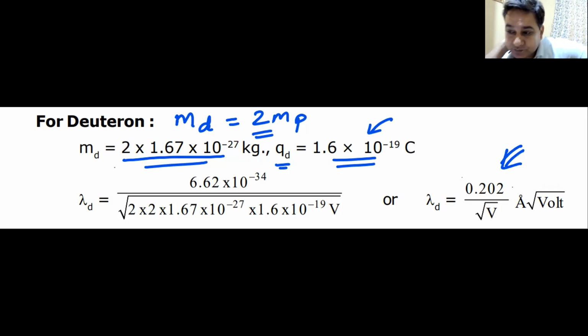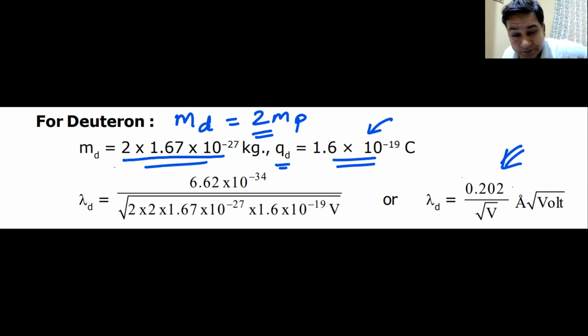Have you written this? Have you noted down the important thing? Mass of the deuteron is 2 times the mass of the proton. Then comes the next particle. Again, the question may be based on this chapter or on a different chapter, but you must always remember that, and mark my words and mark this video. When the question comes, you will thank me that one question will always be there in your entire paper which is somehow related to electron, proton, deuteron, and alpha particle. This is their favorite one.